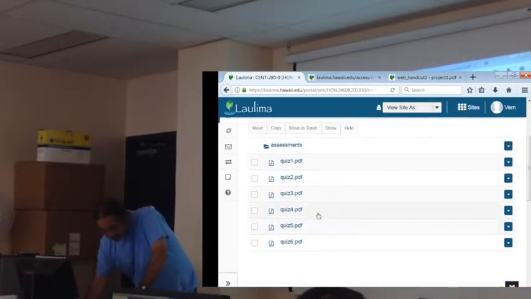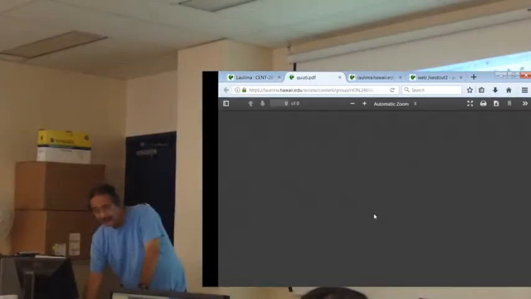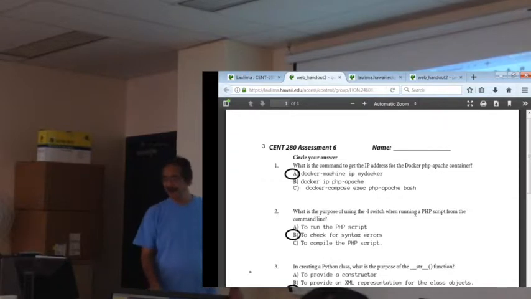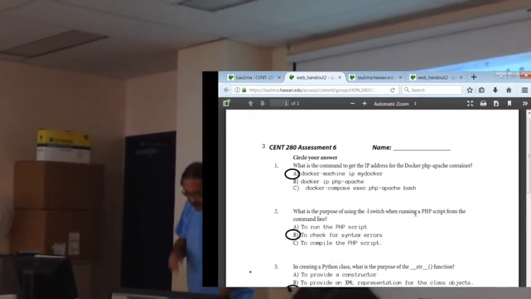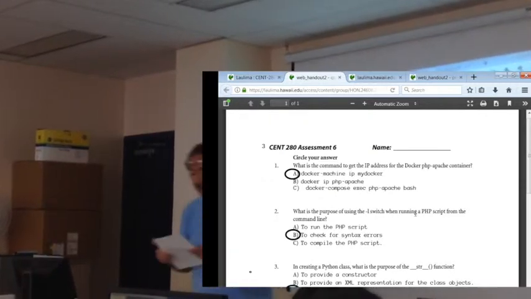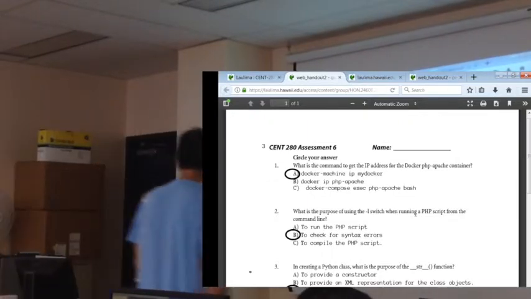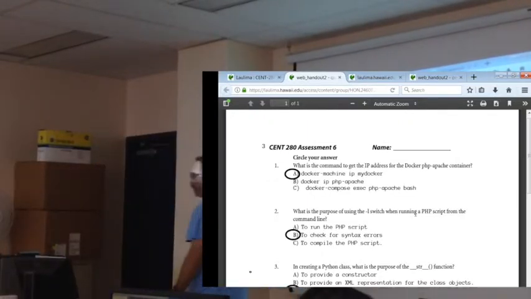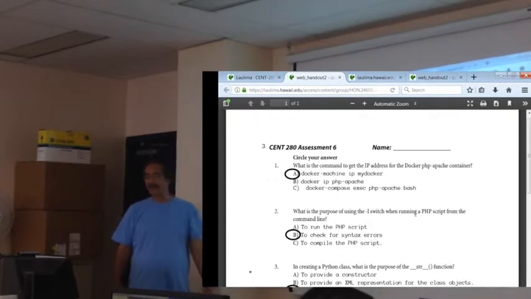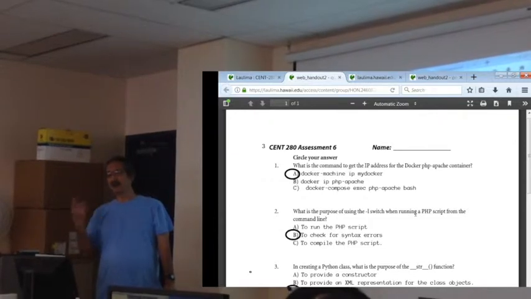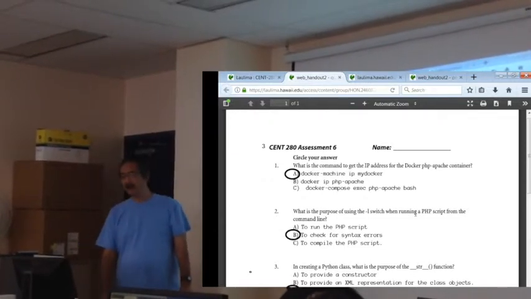Okay, so we could look at either one, but I'll look at this one here. What's the command to get the IP address for the Docker PHP Apache container, which is what we need to connect to basically when we are looking from outside, so in the host, but outside the container. And it's that first command there, right? Docker machine IP for the IP address, and then you need to put the name of the Docker machine, which